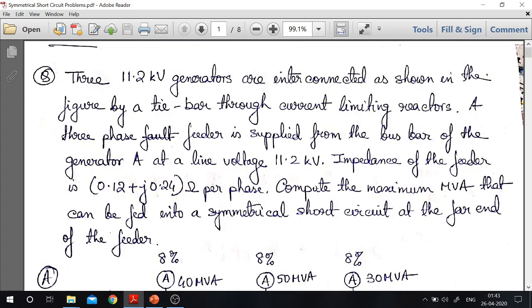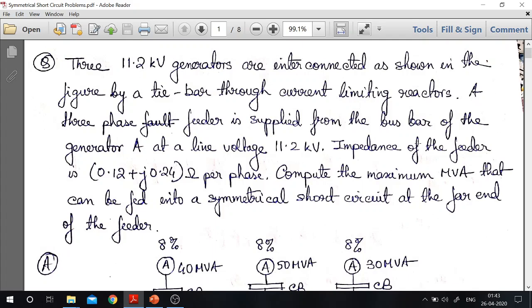So next we'll be starting with the explanation of a few problems that are based on the principles that we have learned in the previous lecture. Now this is the first problem. Here we can see that the problem given is three 11.2 kilovolt generators are interconnected as shown in the figure